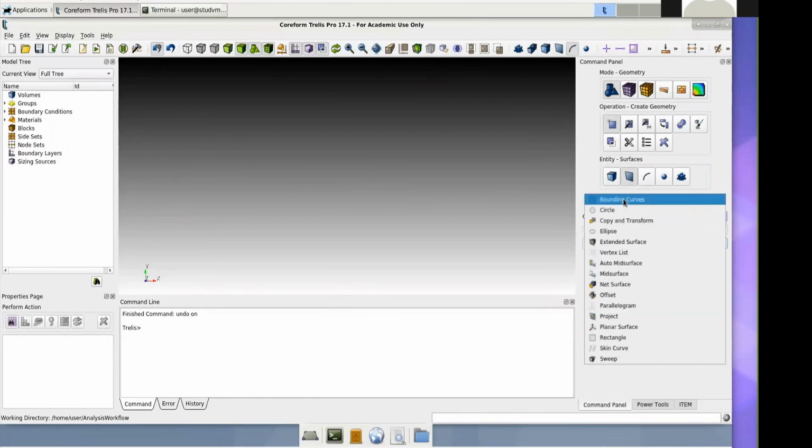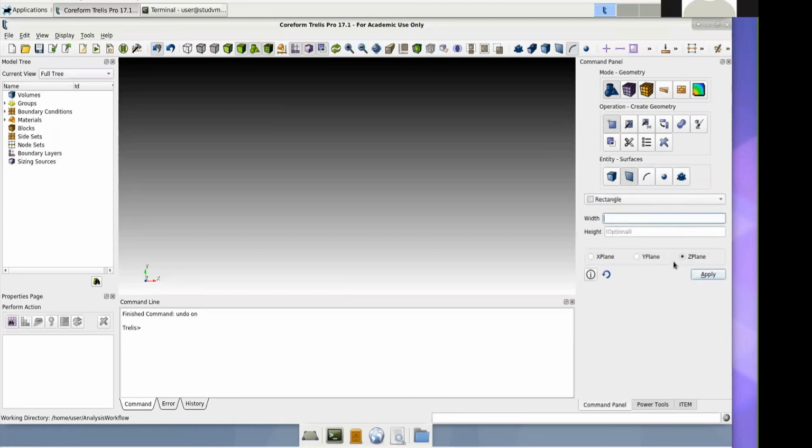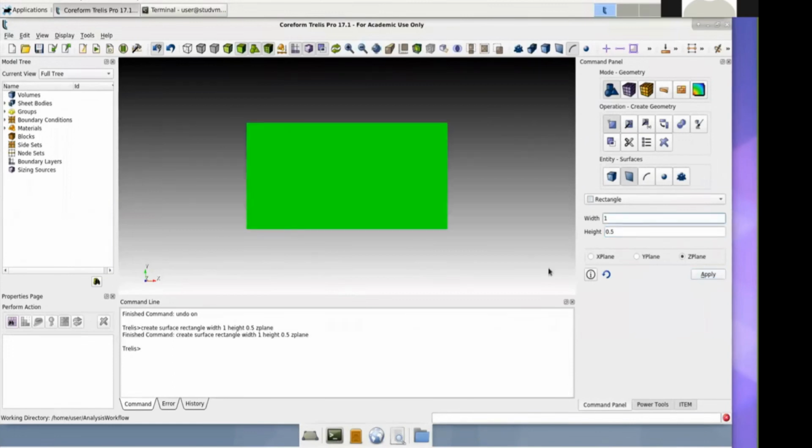We see we have a lot of options. In our case, a rectangle will be useful. The width was 1 meter. The height was 0.5 meters. And the plane should be in the Z plane. This is the convention for 2D simulations in CFS++, that the geometry is defined in XY coordinates. So we click apply, and we have our